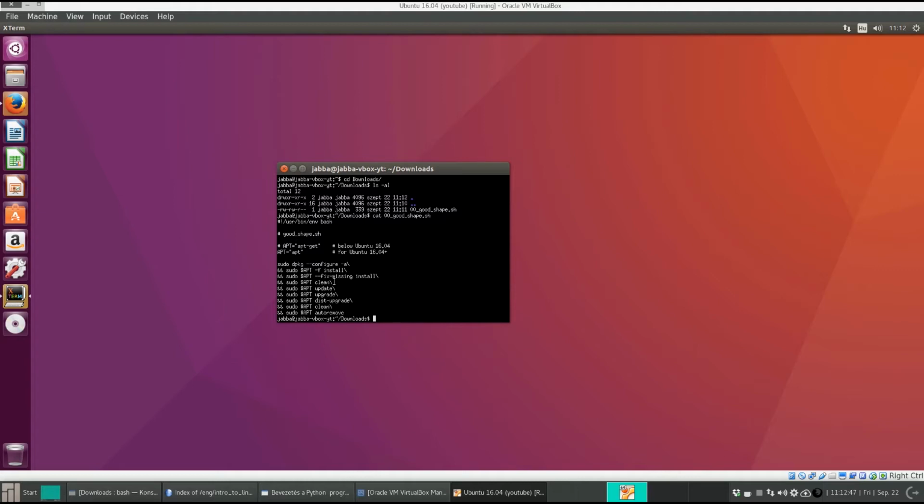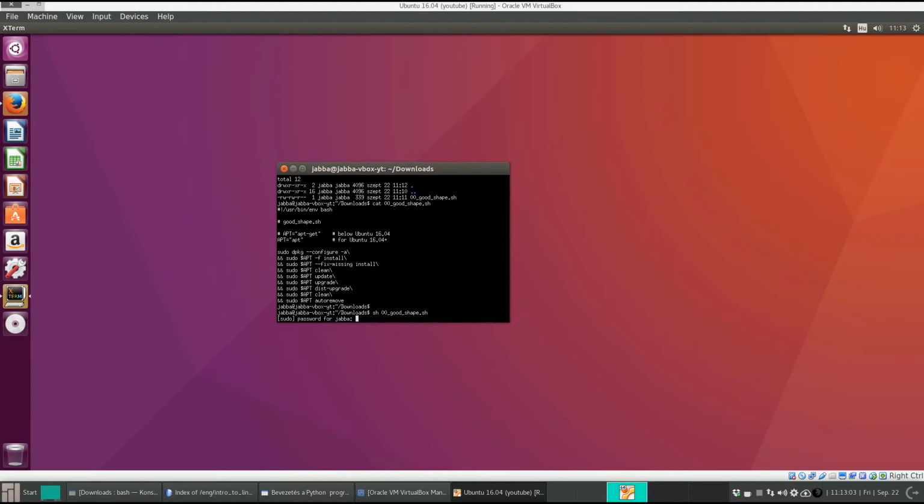So this is an updater script. It will install newer versions of softwares, of packages. So let's start it. sh good shape. Let's provide our password,